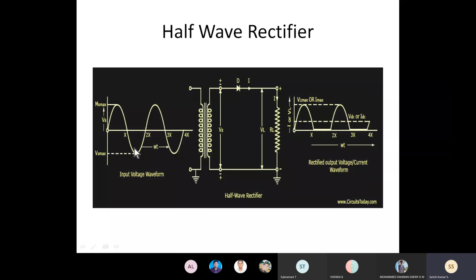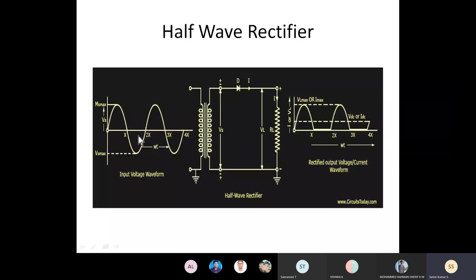This kind of alternating voltage we are going to feed to a device called a transformer. Here we are showing the device. The device has two sides: one is the primary, and the other is the secondary. In between the primary and secondary, we have an iron core. In the picture representation, we show two lines in between the two windings. The first is the primary winding, the second is the secondary winding, and the two lines in between are the iron core. This arrangement we call a transformer.